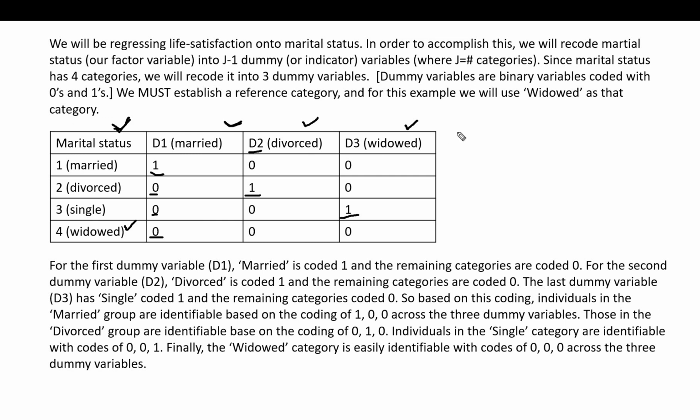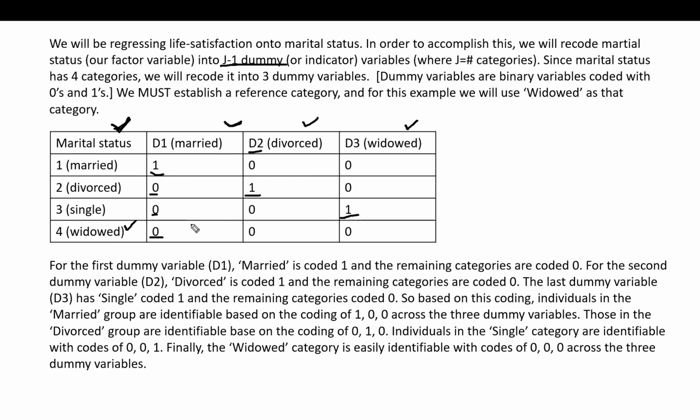Now you might be asking, where is that fourth dummy variable? And as I said before, we're going to use J-1 dummy or indicator variables, basically the number of categories from our original factor variable minus 1. And the reason why is because we actually have all of the grouping information for our original categories contained within